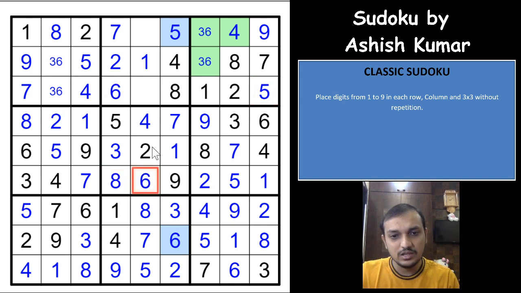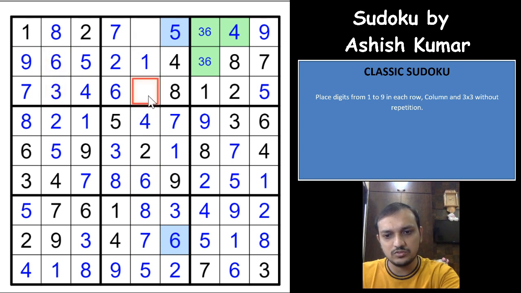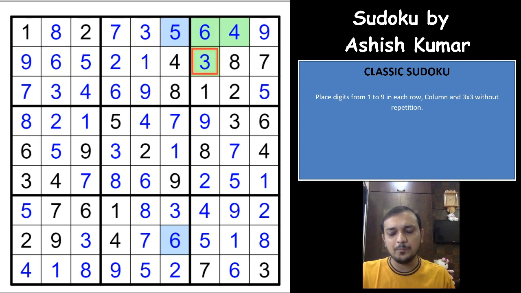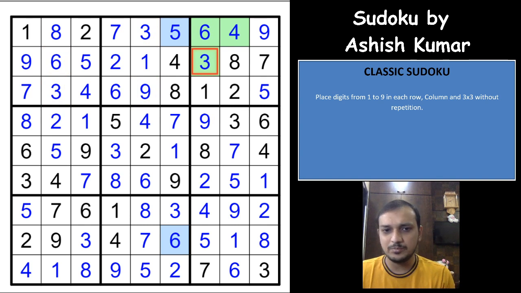That gives you a 6 8 and 6 here, and this would have to be 9 and a 3, 3 and 9, right? So yeah, that gives you a 3 and a 6 here, that gives you a 9 and a 3 here, and a 6 and a 3 here. And with that we complete this excellent Sudoku that uses exactly one technique called an empty rectangle technique.